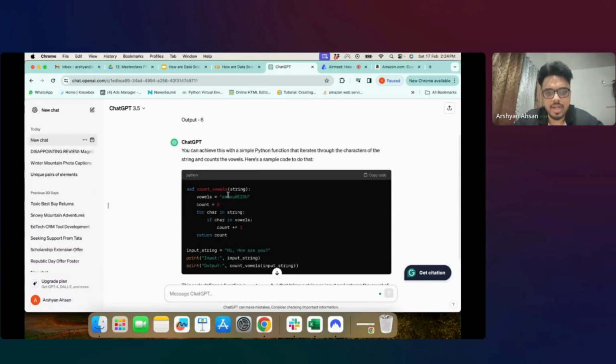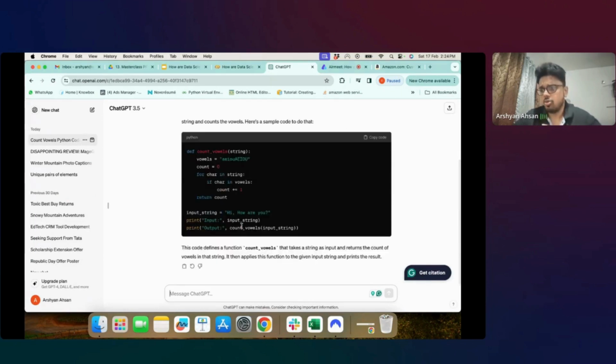Great. So ChatGPT has been able to give me a piece of code, right? Now, what is important? Nowadays, generating code using ChatGPT is very easy. It generated this code for me. But what is important for me as a data scientist is that I'm aware of the core fundamentals of how this code is working. While reading this code, I should be able to understand what is happening in it. ChatGPT can help you with generating an altogether new set of code,